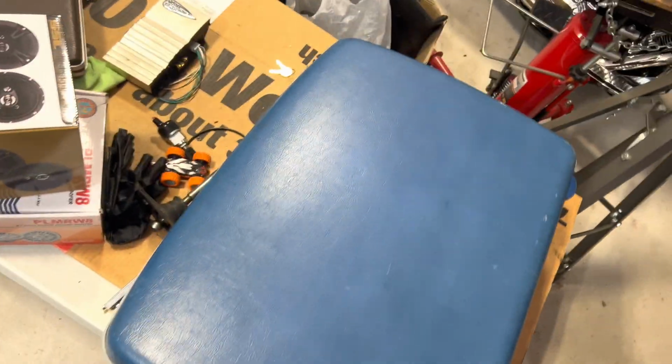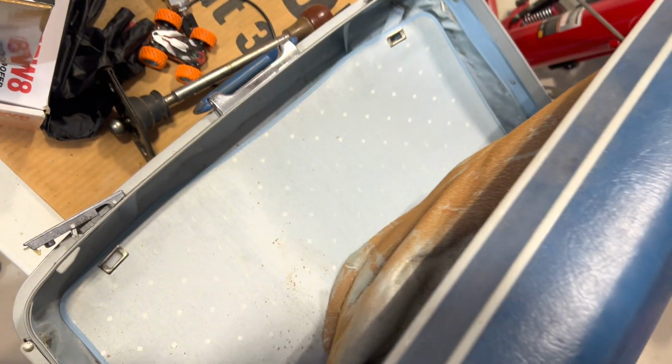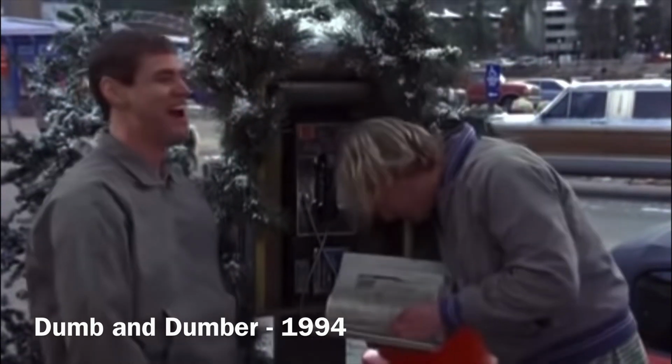All right, guys, so got some old suitcases here. Old Samsonites. Oh yeah, it's right here. Samsonite. I was way off. But